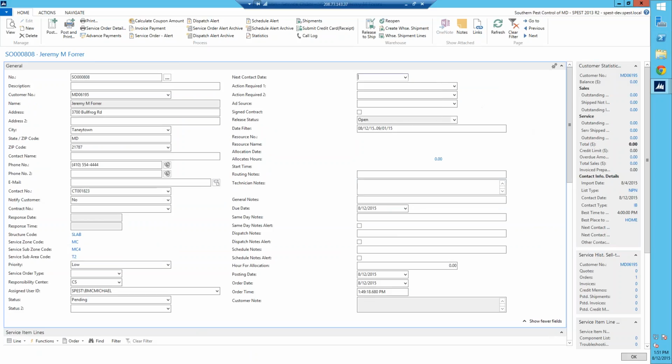Since when we create this service order, this is what the marketing rep is going to work from. So if the customer were to say something like, you know what, I'm under contract with another company. The contract expires, I think, in January. Can you call me back then? What the marketing rep would do is go to next contact date, put something like maybe December 30th or January 5th. And then we've got an action required here, call at next contact date. And they could even put a note in here, something like,